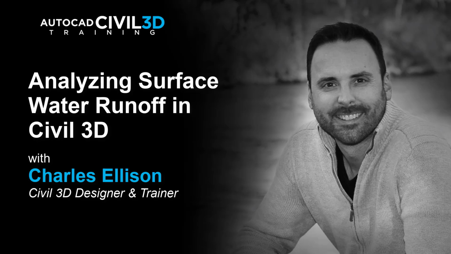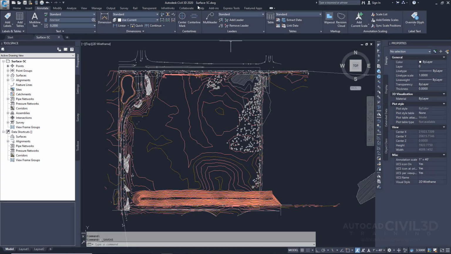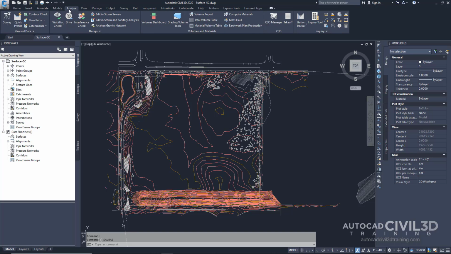In this exercise, you'll create lines that illustrate the path that flowing water would take across a surface. Then you'll create a polygon that defines the catchment region and its area on the surface. Go ahead and open up your Surface-5C drawing in your Tutorials folder. Next, go into your Analyze tab and choose the Flow Paths drop-down. Click Water Drop,